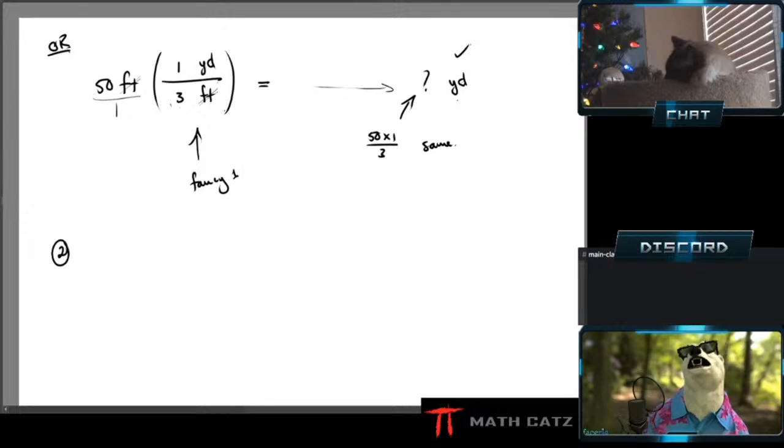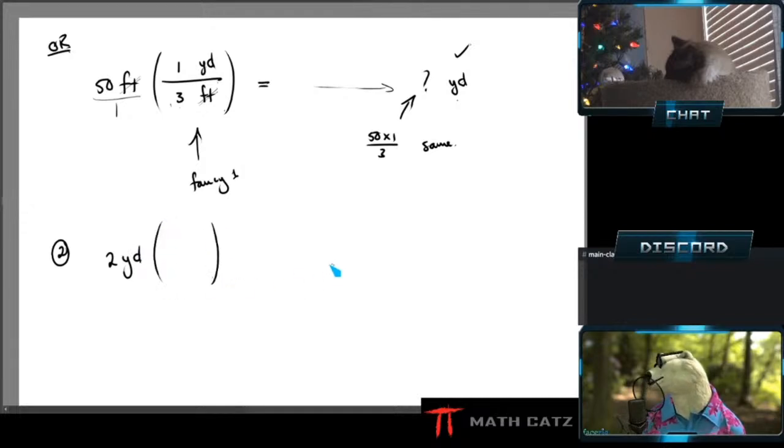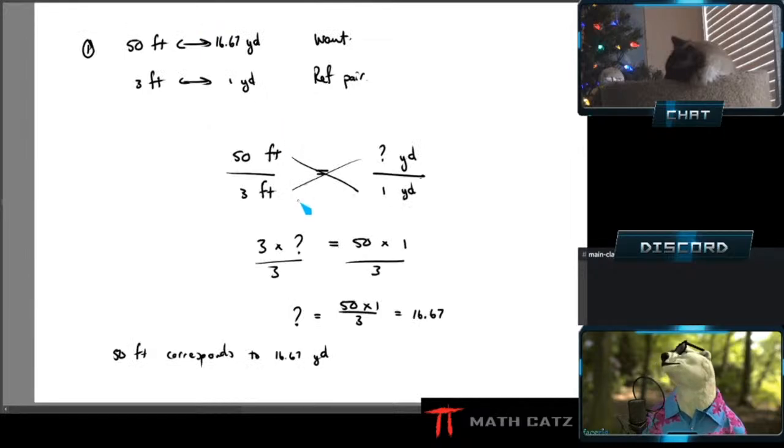Next one was 2 yards into inches. So I start with 2 yards. I'm going to pick a conversion pair that will allow me to end up in inches. Let me just make a plan first. I'm sort of at the mercy of my table of unit conversions, of reference pairs